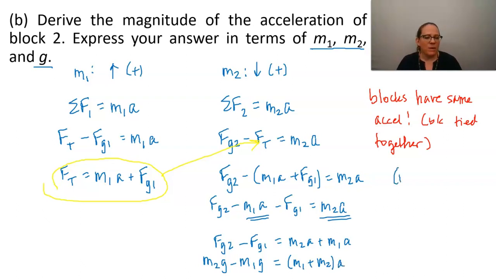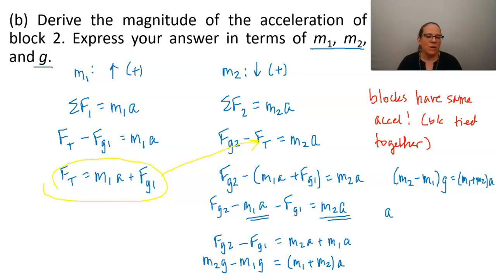My next step will be to, hang on just a second. I actually need that to be M2. We're going to collect, no, not highlighter, pen. There we go. We're going to collect our like terms on, well, actually, we're going to pull the G out of those terms, and then we're left with M1 plus M2 times A on the right